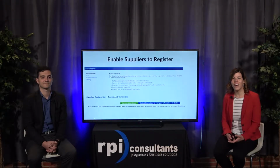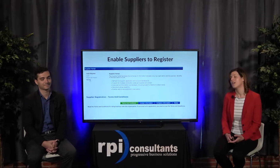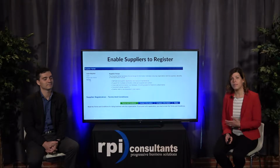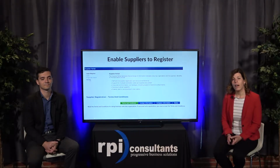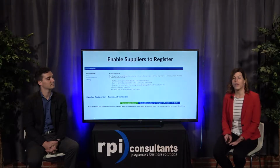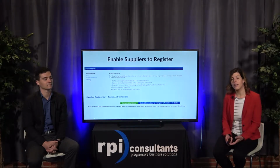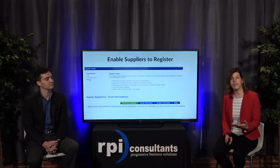First things first, you can enable your suppliers to register to do business with you. You may have a lot of organizations just trying to get in the door, and this is a really great way to force the suppliers to log on to your portal. You can ask a series of questions. You may have a requirement that they fill out a form and show their proof of insurance, so you can have a list of questions that the suppliers answer throughout the